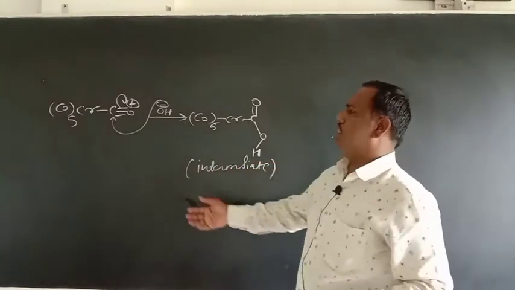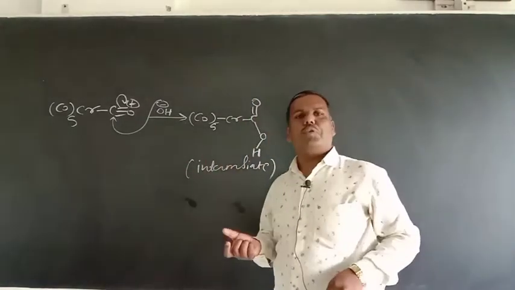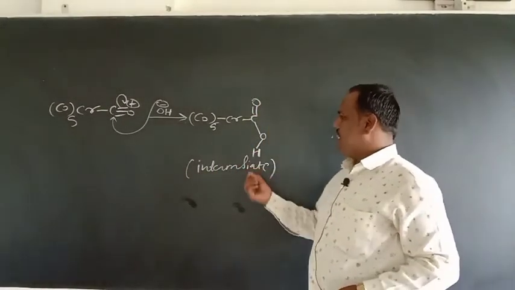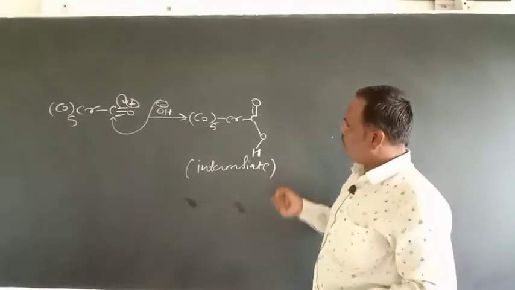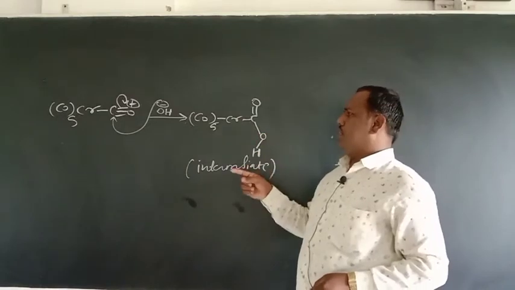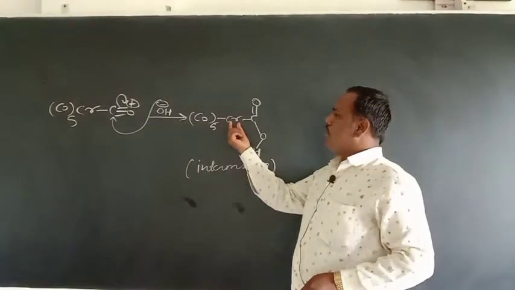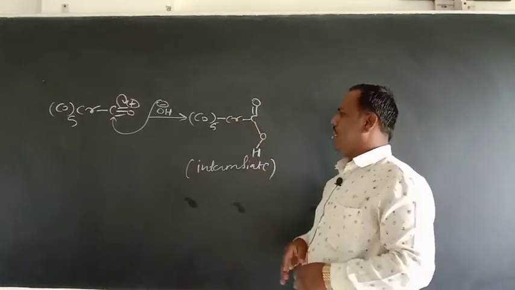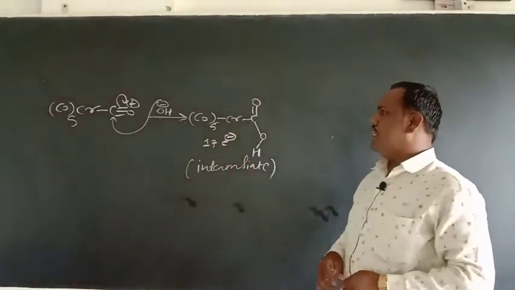No doubt the reactant is an 18 electron species. There are 6 carbonyls, which contribute 12 electrons, and chromium contributes 6 electrons, so the total is an 18 electron species. If you consider this intermediate, why will it show agostic interaction? Because if you count the electrons on the metal atom chromium, the carbonyls contribute 10 electrons, chromium has 6 electrons, and the C double bond OH group contributes 1 electron. So, this is a 17 electron species.